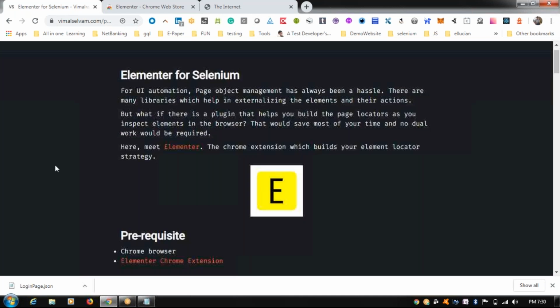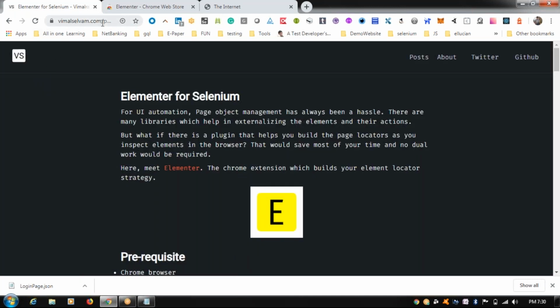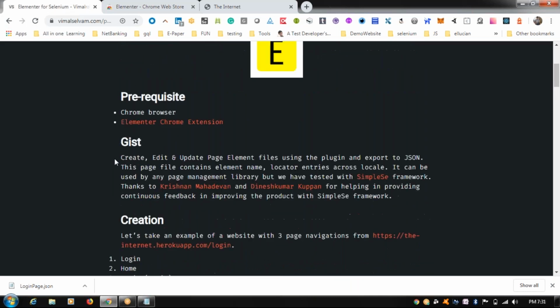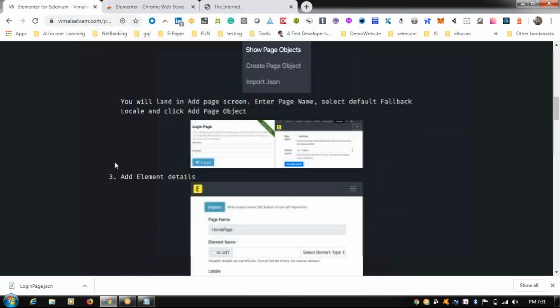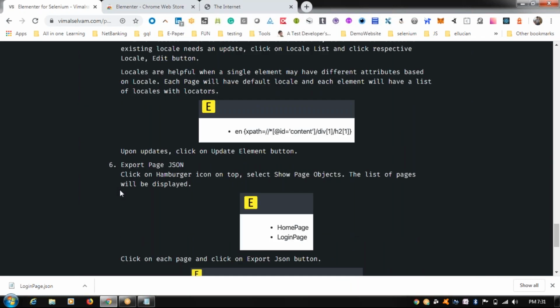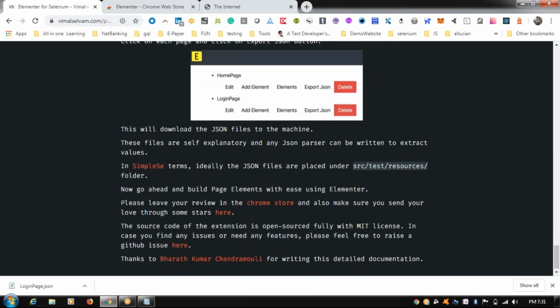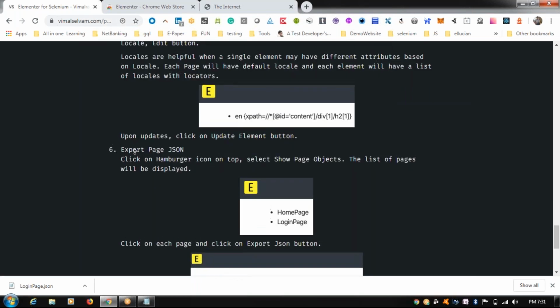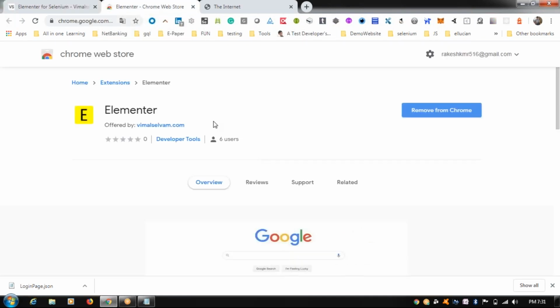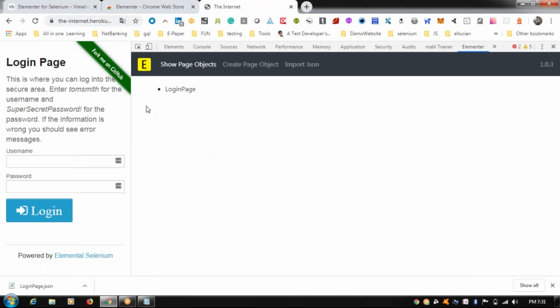And if you want more information about it, this is Vimal Selvam's blog. You can go to the Elementor page; I covered almost all the prerequisites, how to record the screen and everything. However, if you'd like to know more, go to this website and you can also see Simple Sane, so that you can learn what Simple Sane is. But as I'm going to say, this is irrespective of this. And you can also try Roboxpath and ProPath. I also suggest it, but I like Elementor too in the meanwhile.